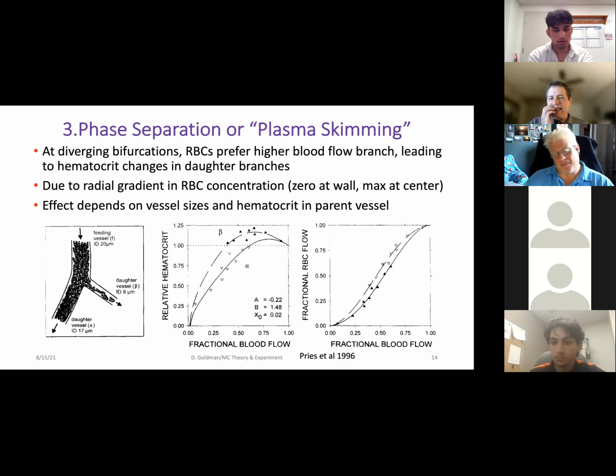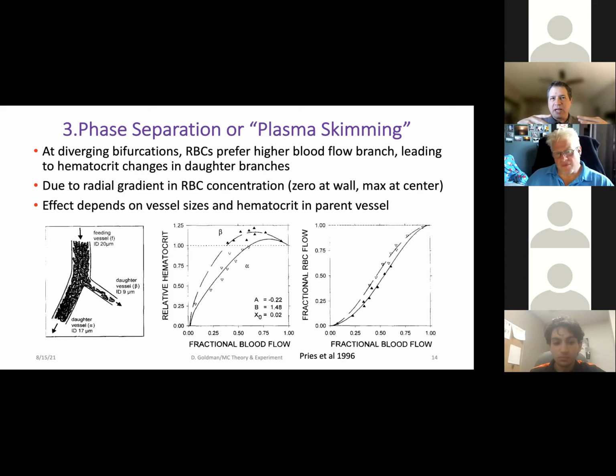Well, I guess in a sense, what you said in the beginning was that it's almost like the system doesn't care about hematocrit. I mean, it doesn't regulate it. Doesn't care about it directly, right? Yeah. And so, for example, this picture I'm showing here, if this was a terminal arteriole with its final branch, and there was a capillary bed here, and if the capillary bed was all happy with oxygen delivery, everything would stay the same, and it would be getting some sort of random hematocrit, but